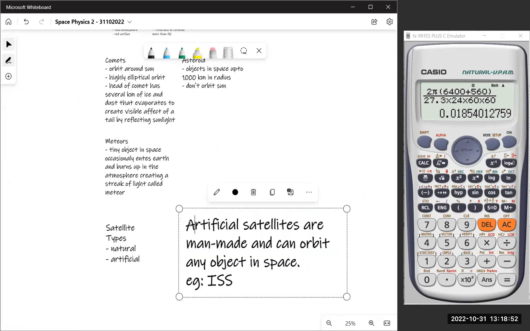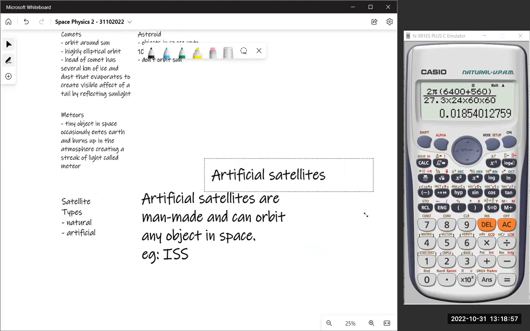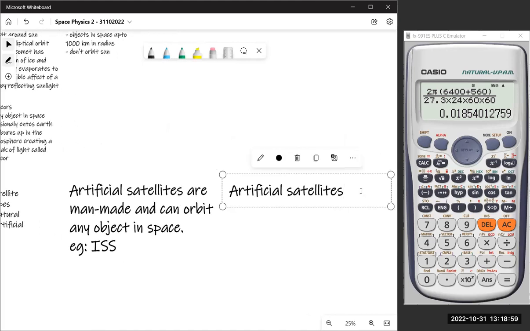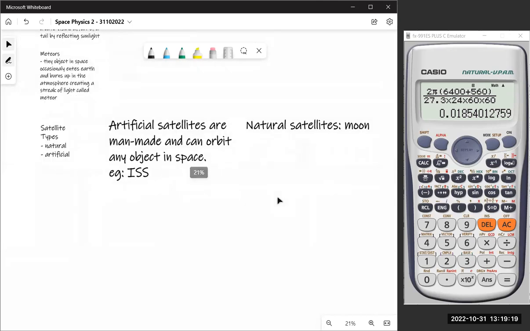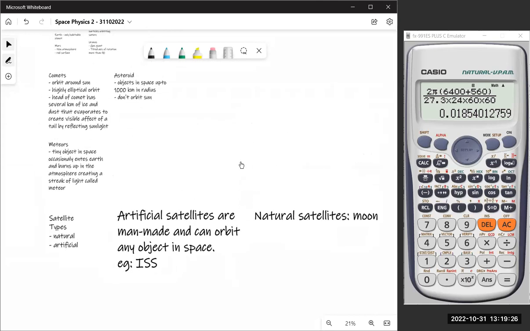A natural satellite is basically something natural orbiting. Let's just say natural satellites are moons. That's all you need to know. They don't ask you the definition of natural satellite because it's basically a moon. Next thing we have is we look at asteroids and comets. We look at that again.